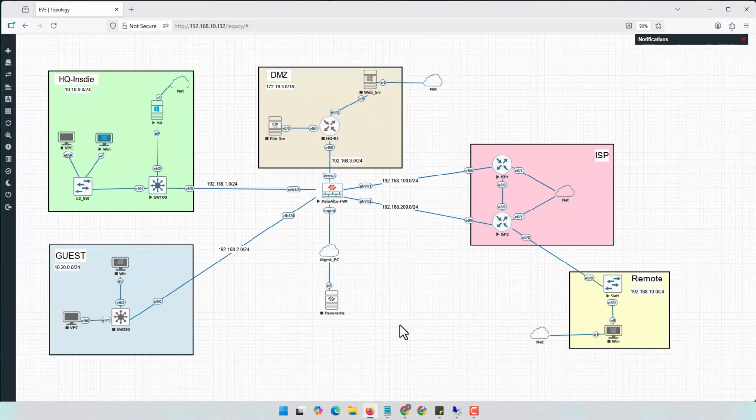In this video I'm going to configure the user ID in Palo Alto Firewall. For user ID in Palo Alto we have two options. The first option is to install the agent in the Active Directory and then connect this firewall to that agent to retrieve the information from Active Directory. And the second one is to configure the Palo Alto native embedded agent in Palo Alto to retrieve the information